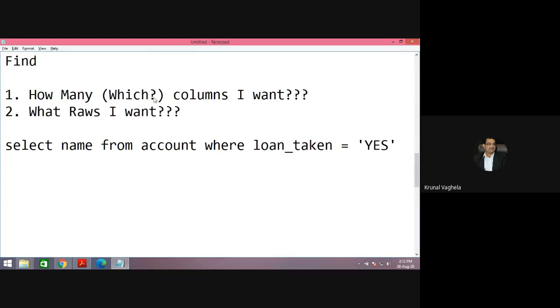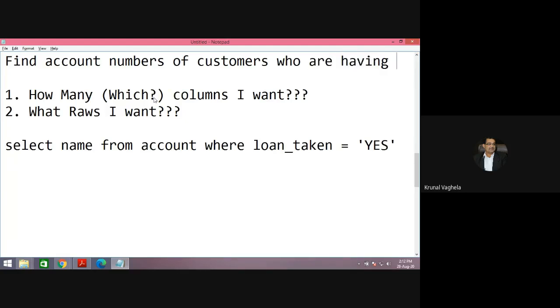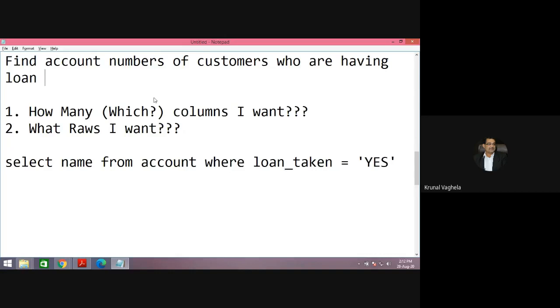Find account numbers of customers who are having a loan greater than 2 lakh rupees.